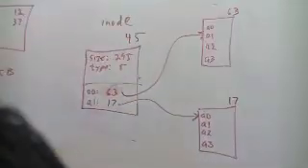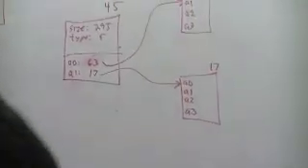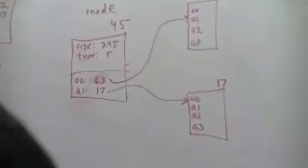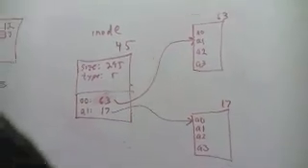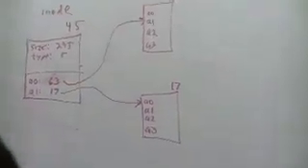How many data blocks do I need? 5, because each block holds 64 bytes, and the file is 295 bytes, right? And that corresponds to